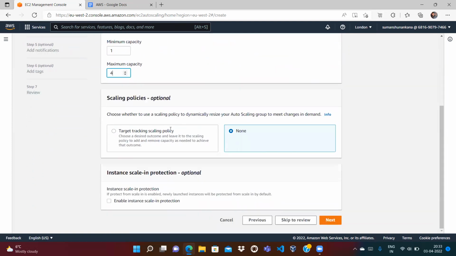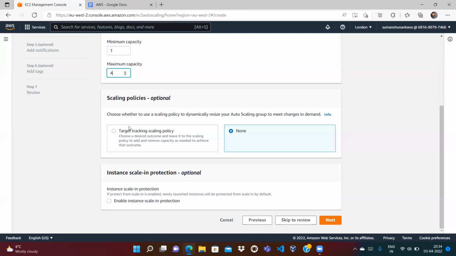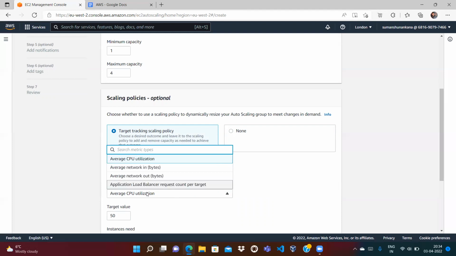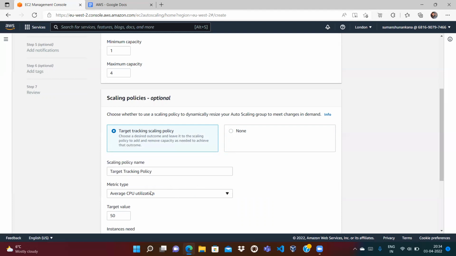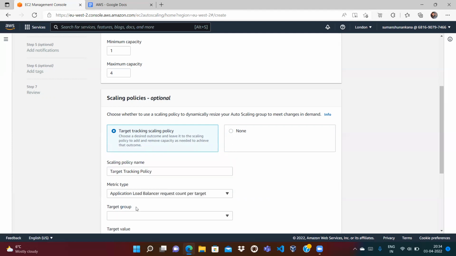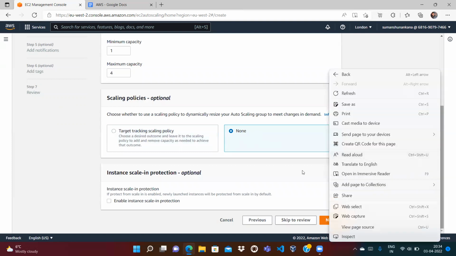Okay. Now the scaling policy. Scaling policy means how these EC2 instances get scaled up and scaled down. So if you click on the target scaling group, here we have the option: whether when the CPU reaches 50 percent, or when the request count reaches maybe 1,000, or maybe the average network byte is 1,000 MB. All right. So we will not use this, we will use none, and we will do the process manually. So select none, and click on next,